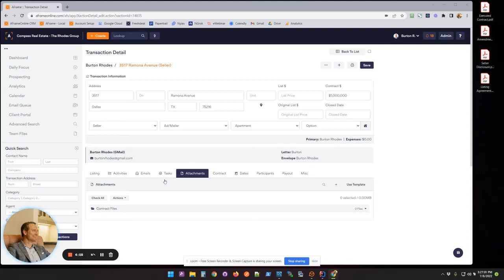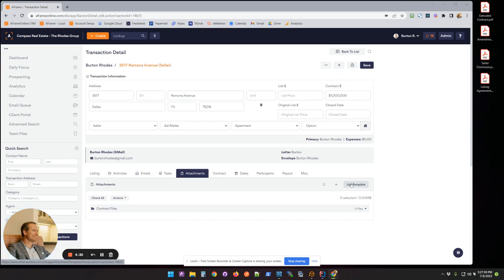Hey everybody, just wanted to reach out today and show you a couple of features that we have implemented in regards to transaction attachments. You can see here I'm on the transaction detail page for a particular transaction, and I'm showing the attachments tab. Mainly, the two larger features that we've implemented are essentially the ability to add as many notes as you want underneath an attachment or an attachment placeholder, and then also the ability for you to track